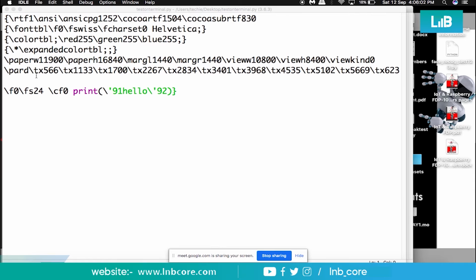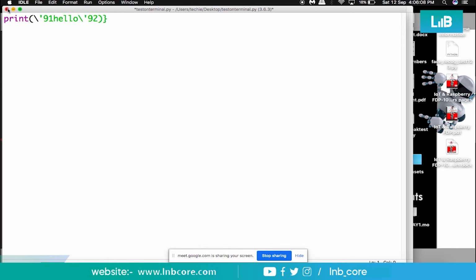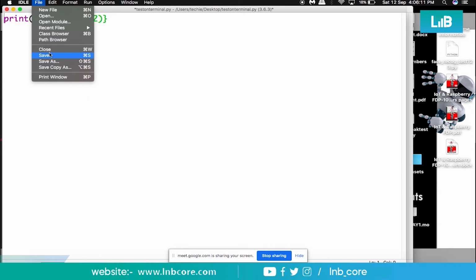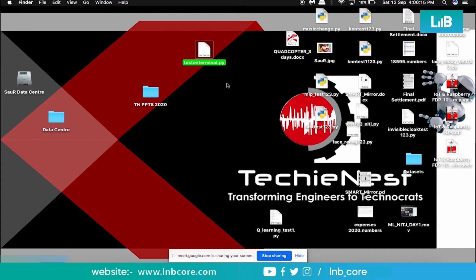Okay. So a number of things are coming up. What if I remove this? Just to show you only. It will not be coming for you. Don't worry. So any program that you have written in Python, if you want to execute it in terminal, so go